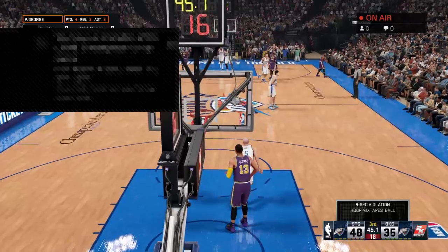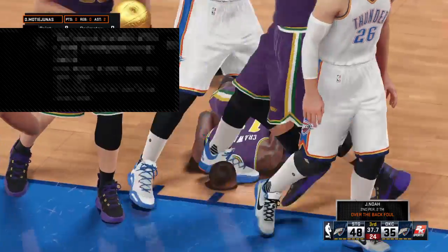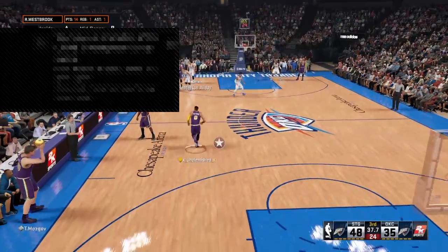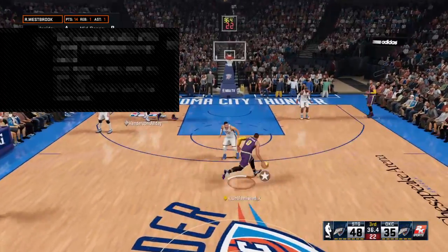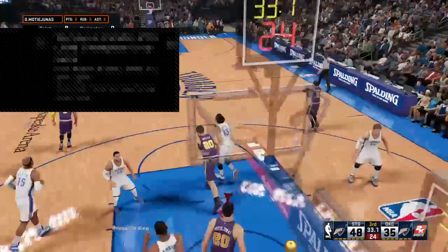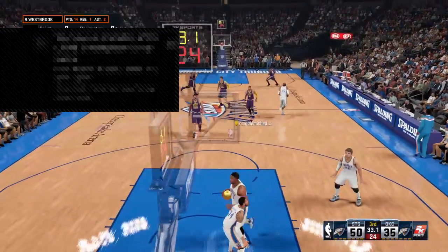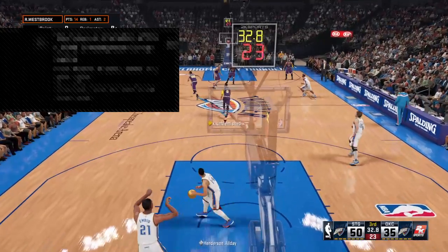Going to be a turnover. They call. For Kyrie Irving. Outside Carter. And the officials call over the back. A little too aggressive there. Boy, did he go hard to the boards, but clearly went over the back in doing it. Yeah, kudos for the effort. I always love that kind of effort, but he was just a little overzealous. Atlanta making a...